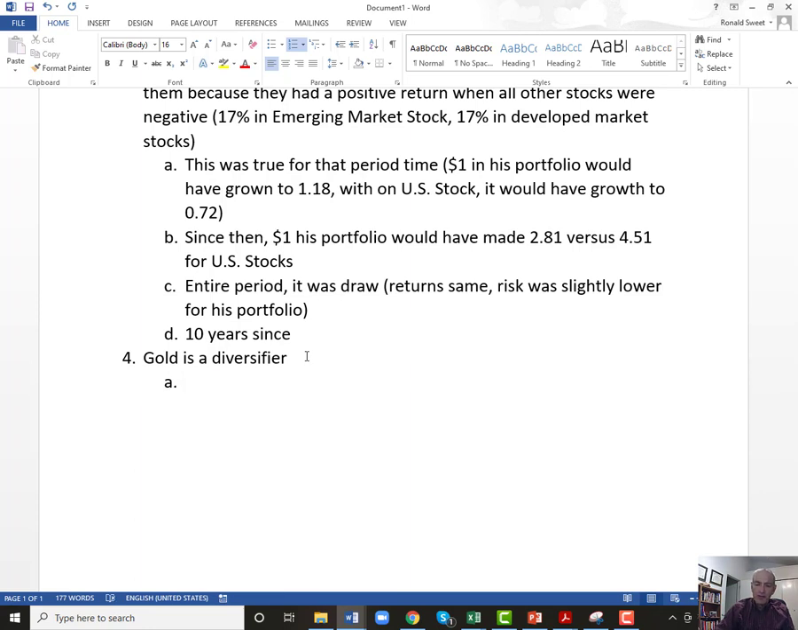Gold is the diversifier. I'm going to say I agree. That's what we've been saying. Gold is that unique asset class that does well during inflationary periods and does well during crisis. It's the only one that does well in both those two periods. While bonds do really well in a crisis, they do terribly in an inflationary period. While commodities other than gold, things like steel and silver, while they do well in inflationary environments, they don't do well in a crisis. So gold is a unique